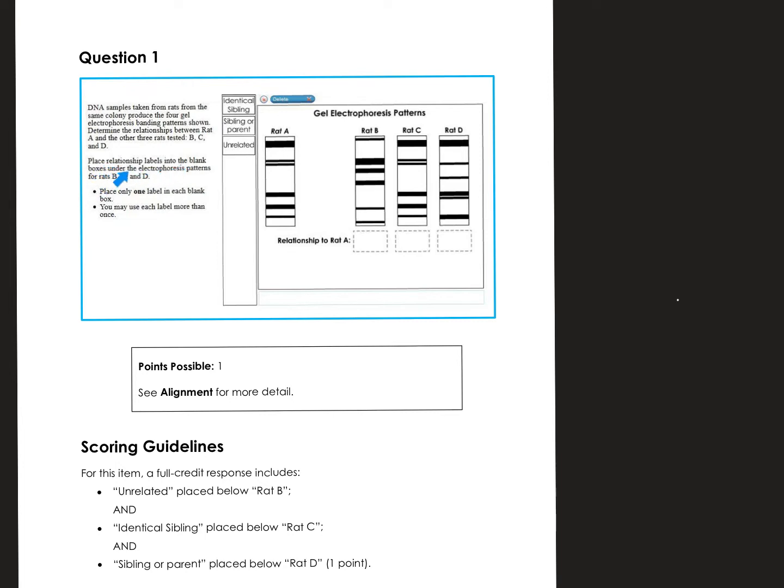So place the relationship labels in the blank boxes under the electrophoresis patterns for rats B, C, and D. Place only one label in each blank box. You may use the label more than once. So where would you use,